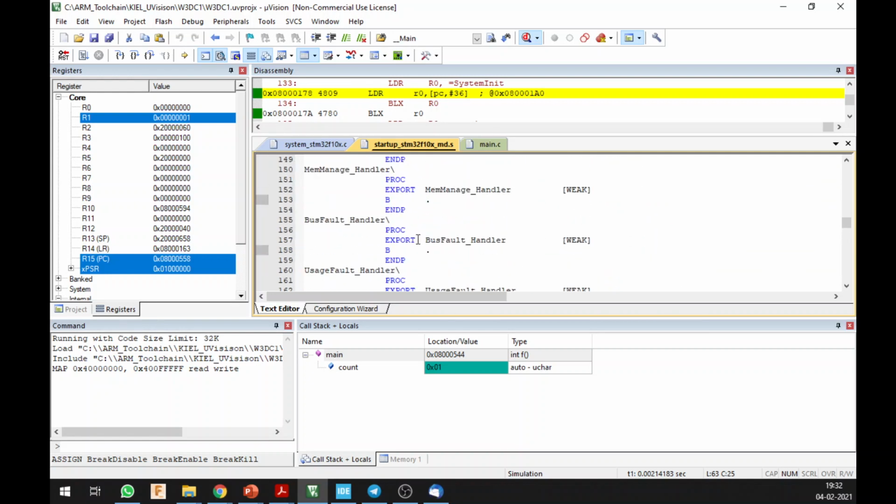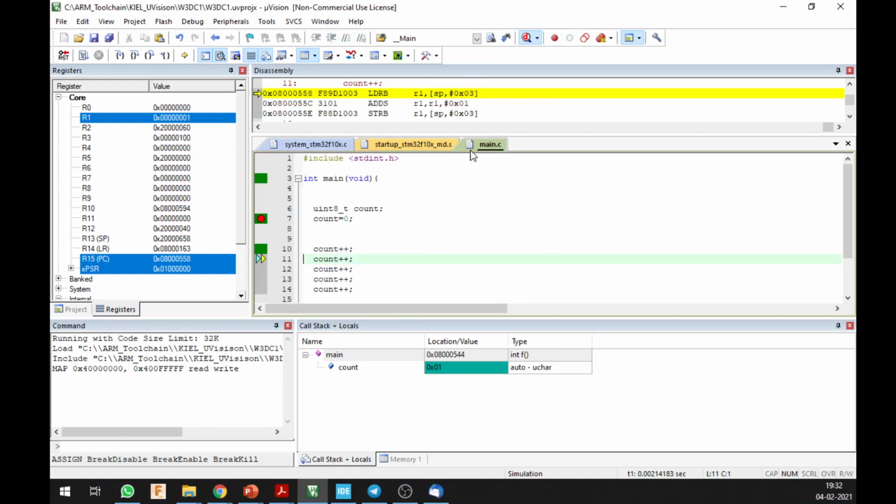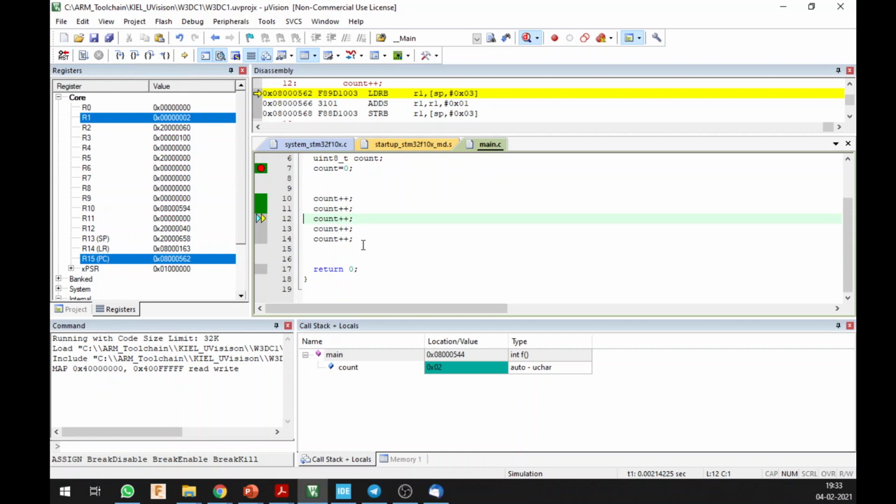Maybe if you want a low power application, you could just turn off everything and set whatever you want. But generally people who are developing embedded applications don't do that. They just play around with the main application that they want. Alright, so you can see the count variable is increasing as you go ahead, and if I go to the next, you can see that the value has increased.